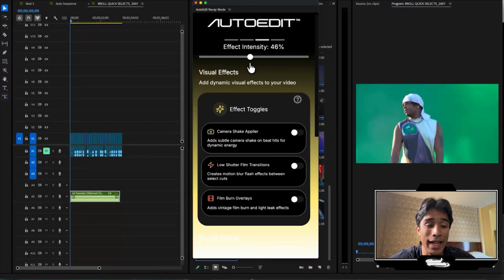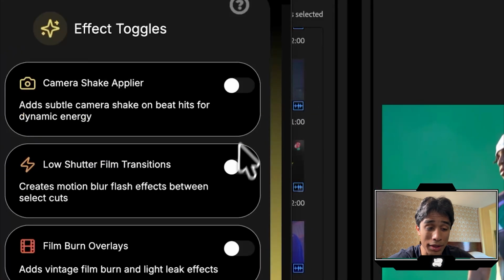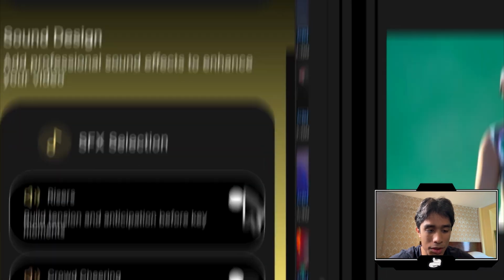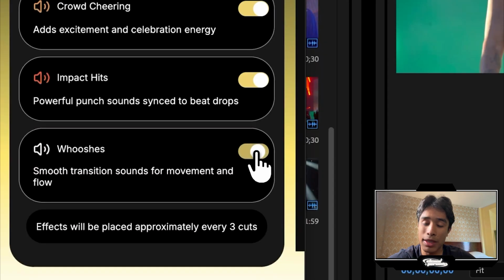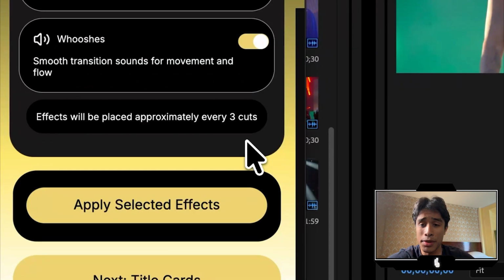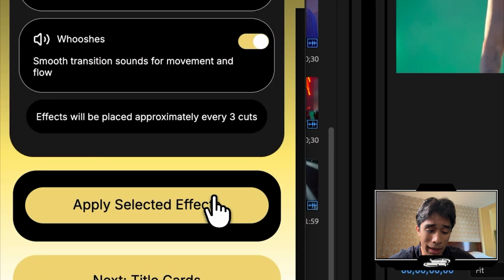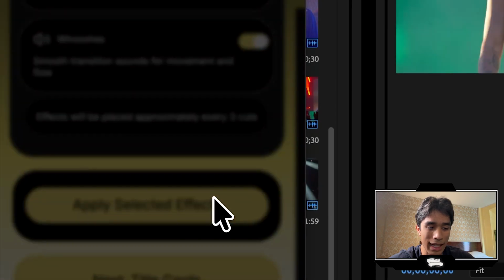Now we can actually go ahead and add visual effects and transitions. This is one of my favorite parts because they actually look really cool. We can go ahead and click and toggle whatever effect types we want, kind of similar to the music video mode AI VFX supplier, but this one works a little bit different because it actually uses what we call scenarios. So I'm going to hit apply selected effects, and what you're going to see happen on the timeline is